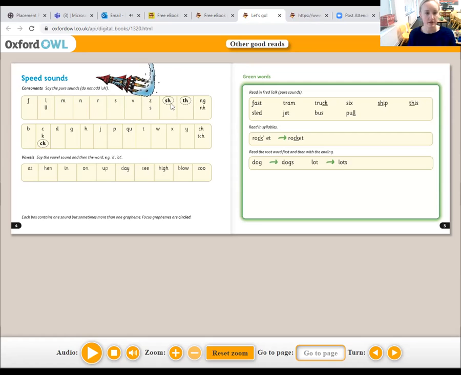S, z, z, sh, ng, k, k, k, b, d, g, h, j, p, qu, t, w, x, y, ch, ch. And then here we can find the vowel and then say the words. We've got an A, at; E, hen; I, in; O, on; U, up; A, day; E, see; I, high; O,